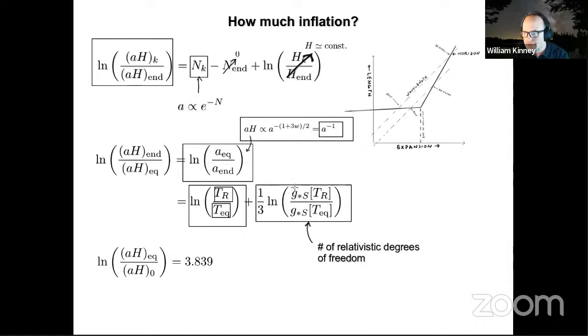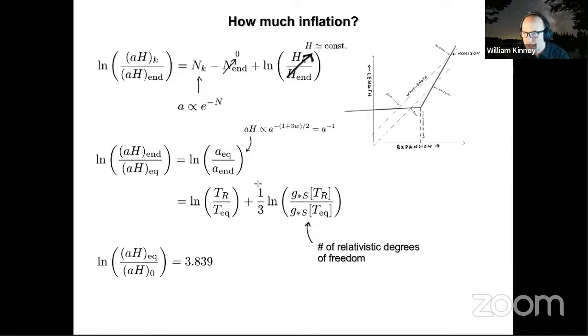Because if this temperature is high, whatever extension to the standard model you have, you're going to have more degrees of freedom in relativistic species, which then introduces this correction factor, which is a standard thermodynamic figure in early universe cosmology. And I'm not going to dwell on it too much. This entire logarithm is a small number of order 1. It's not a large correction to the basic equations.